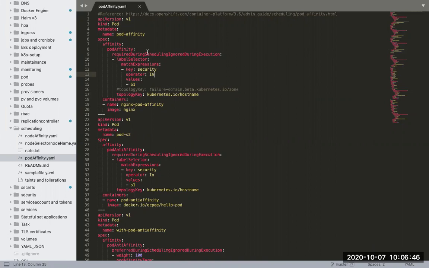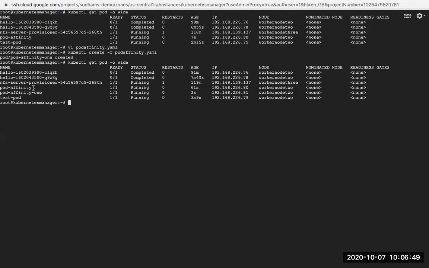Okay, so wherever this particular pod is running, my pod A, which is called test-pod, on the same node my pod-affinity and pod-affinity-1 are running. Okay, you might ask a question: what will happen if this particular pod is deleted? So the question might be there, right? What will happen if I delete the original pod based on which these two pods are launched? It has launched these two pods on the same node where this particular pod is running. So the concept is, even if you delete this particular pod, it doesn't create any impact.